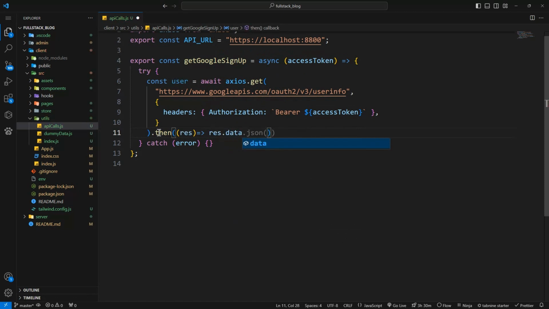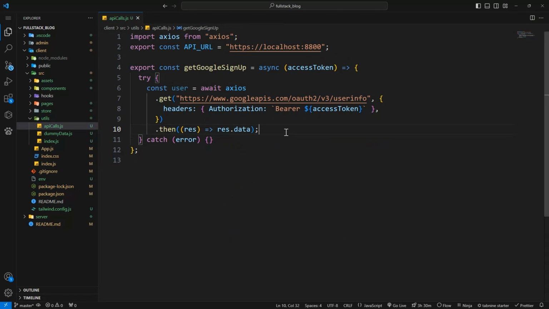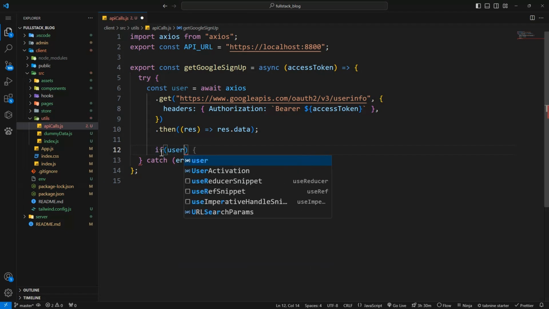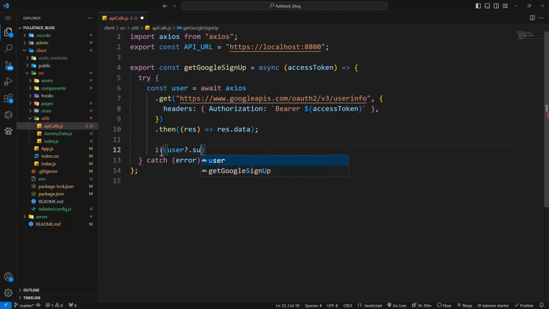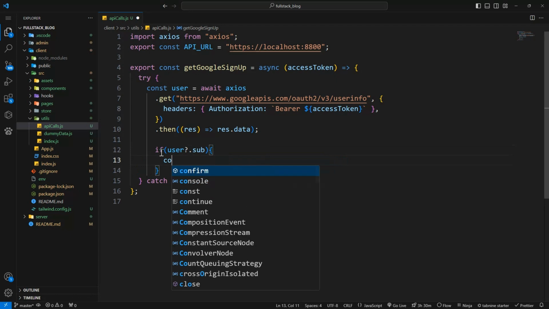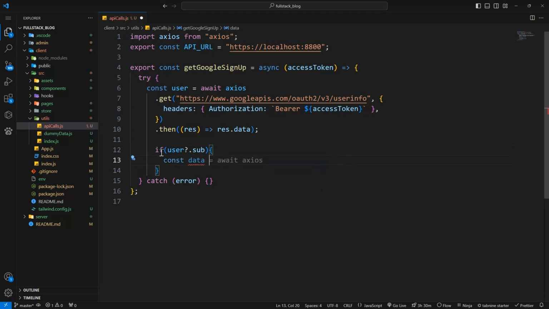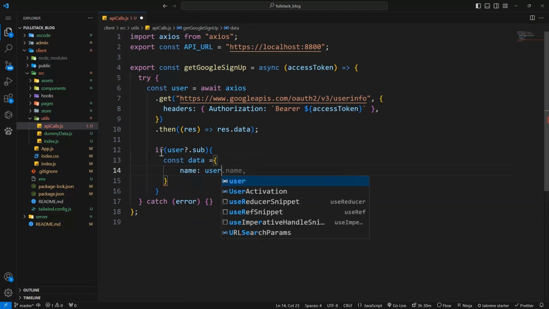Now, if the user dot sub, so it has a field called sub, which is an ID. Then what do we do? We say const data. We form a new data with name being equal to user.name,